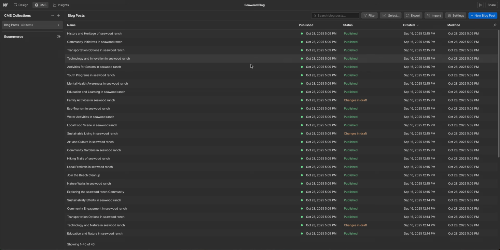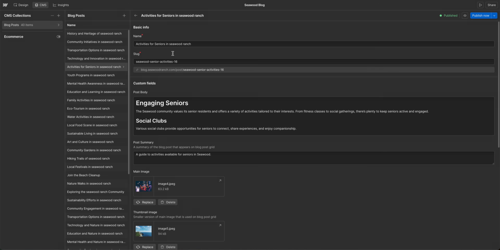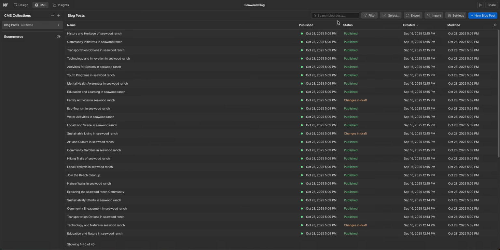When using Webflow CMS, sometimes it can be difficult to find really specific things, maybe nested in a specific field in the Webflow collection, and specifically maybe in a rich text field, finding a blog post that mentions something. So in this example, let's try to find all of the blog posts that mention conservation efforts at Seawood Ranch. Because we can't look into our post body here in the Webflow UI, let's try and do it with the